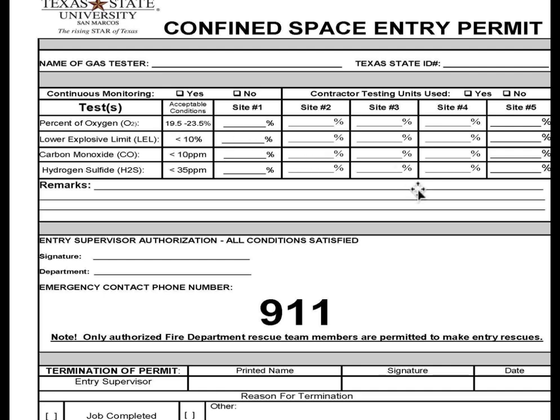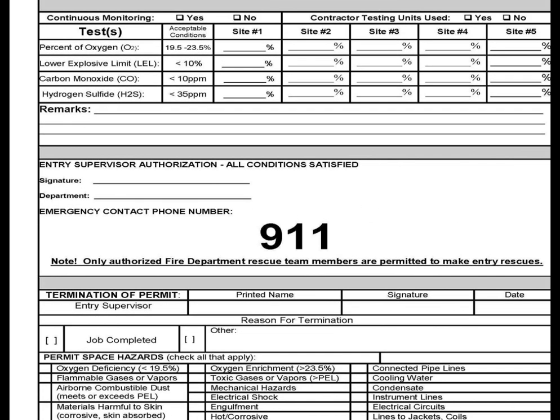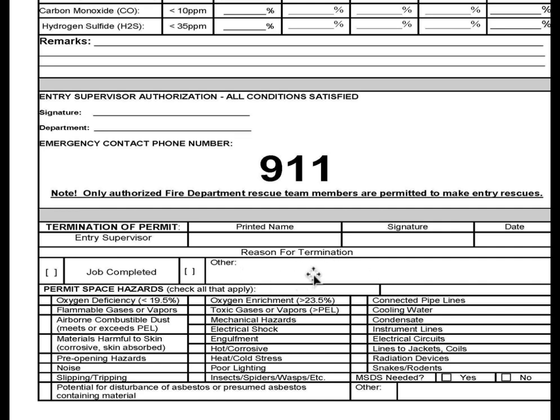And you can see the monitoring that would occur, who the emergency personnel are, reasons for terminating the permit, and that all the hazards have been previously checked to conclude oxygen deficient, flammability, permissible exposure limit, whether the material is harmful to the skin or not, whether it's a dermal exposure, noise, slipping and tripping hazards, whether there was asbestos in the area, hot or cold stress, engulfment, something that can fall in,